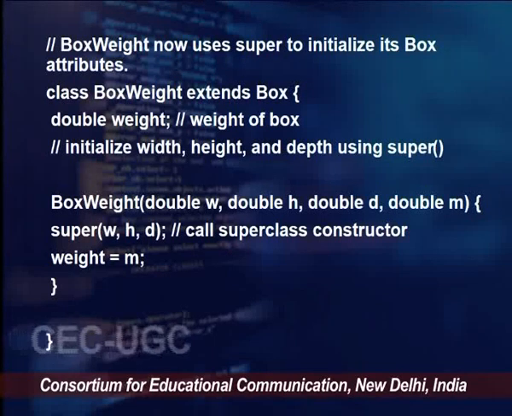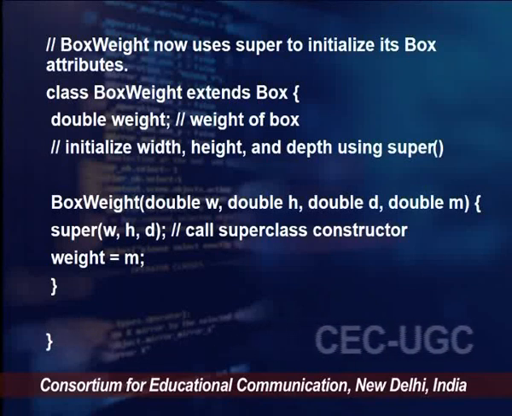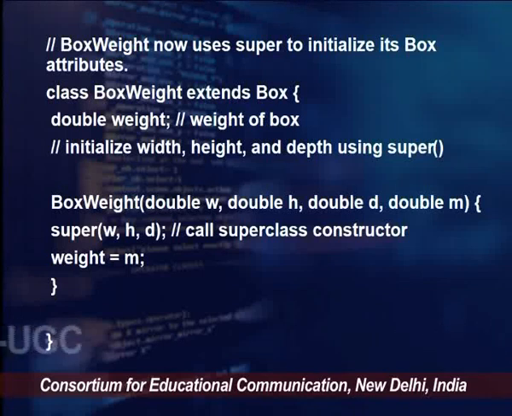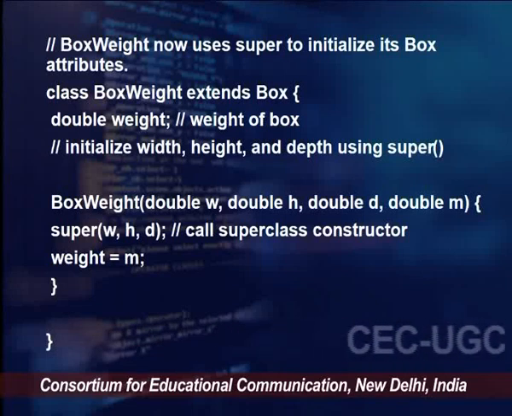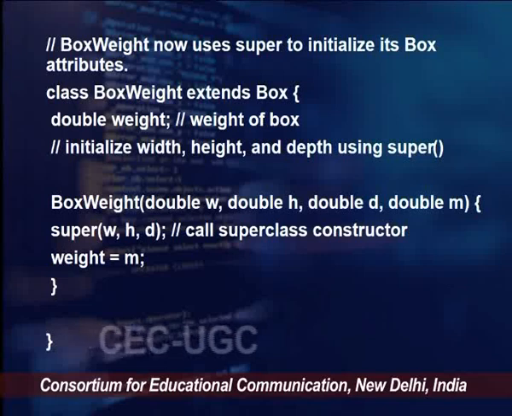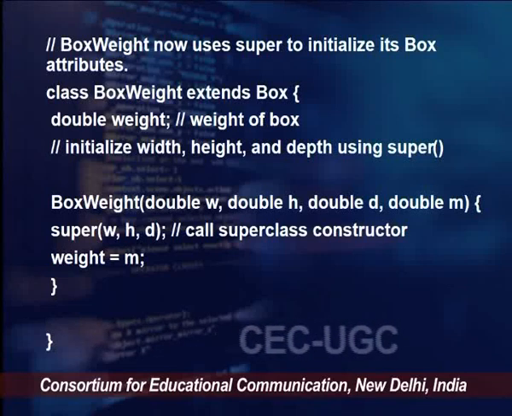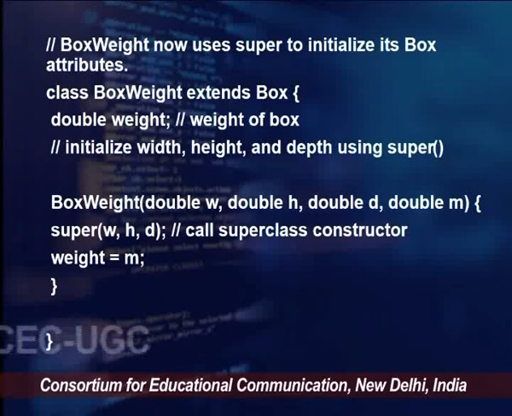Instead, we will call whatever has been initialized by the superclass constructor. Within this constructor BoxWeight, we have double w, h, d and then m. Instead of writing width equals w, height equals h and depth equals d, which is a duplication of code because we have already done this in our superclass constructor,